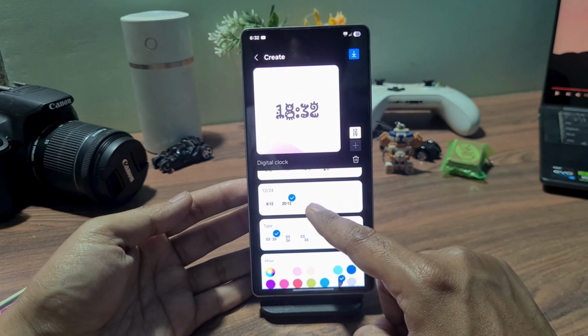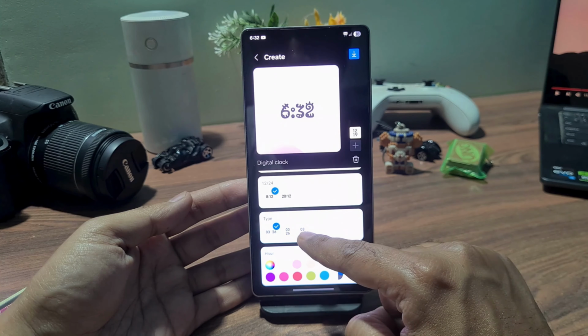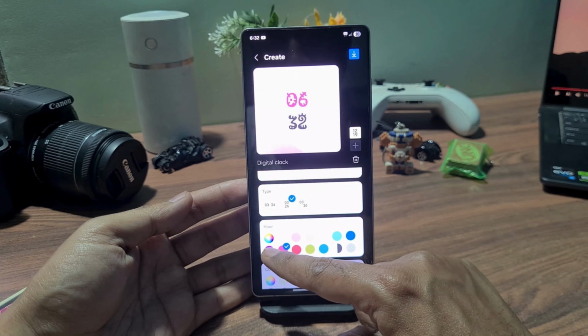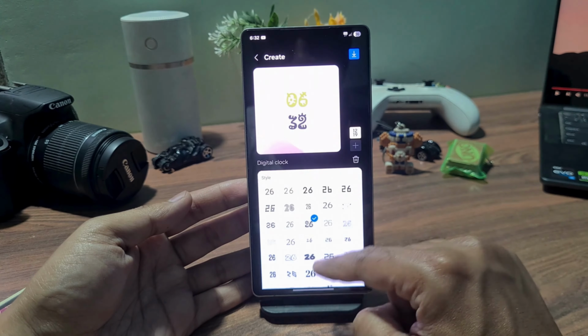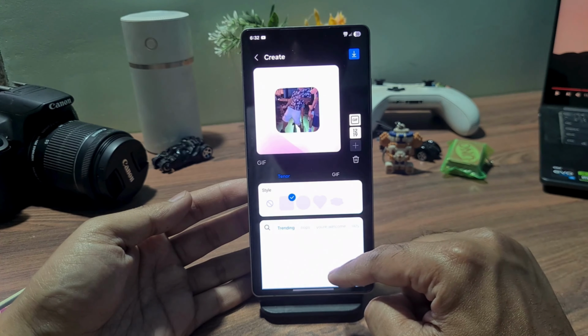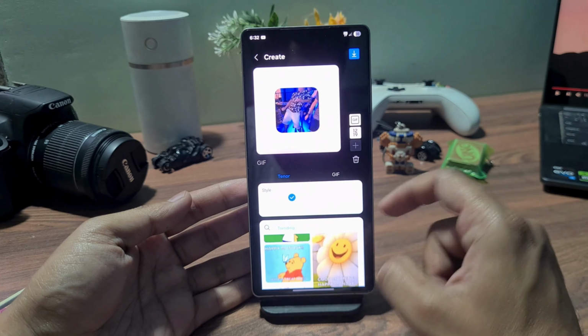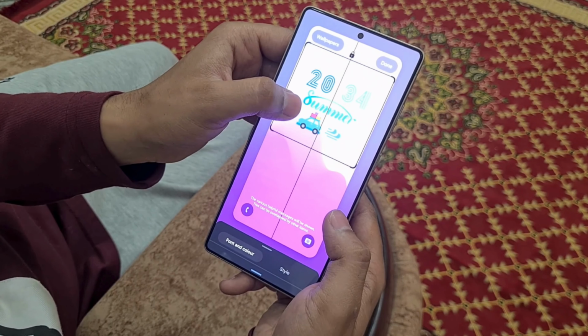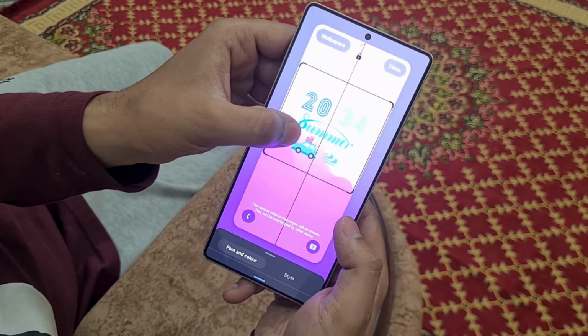Then you can change between 12 or 24 hours. You can even change the type of clock. But what's really fun is you can choose the exact color of the hour and even the minutes. You can also tap on this plus icon to get a few different options like a GIF, adding an image, maybe even text. So just go wild with it. And once you're all done setting up your clock, it should look so much better.